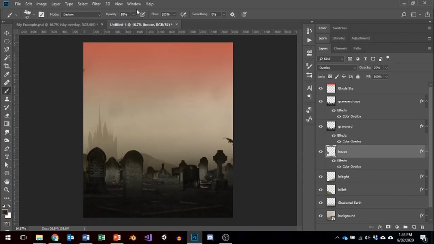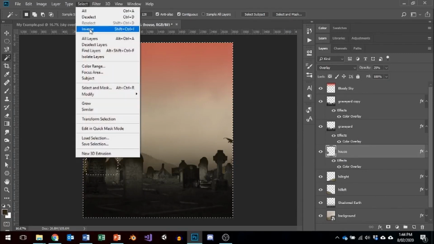And 20% opacity, so back up here to the controls for this brush. 20%, it's probably a regular brush actually. Just make a note of what it was. No, so it'll be a regular brush. And then I'm just shading over the entire layer. I just want to affect the actual thing itself. So I will quickly use the selection tool, in this case the quick select tool, to select what looks like the house, or actually just Control D, deselect, select it, use the matching one, select everything else, select, invert,